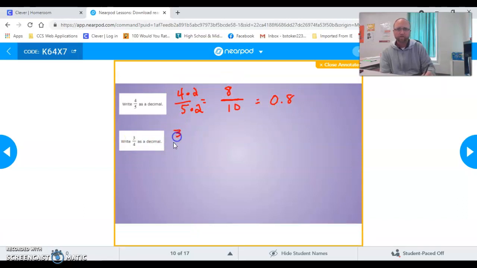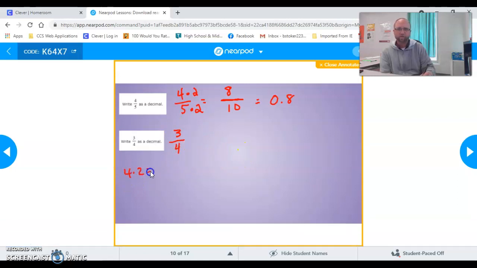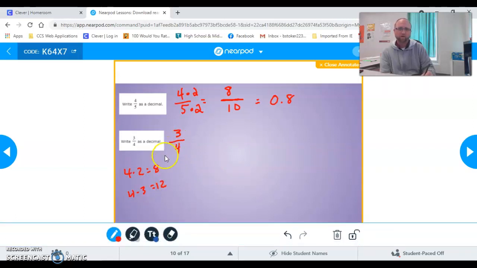Now, 3/4 is a little bit different. Obviously, there's nothing I could multiply 4 by to get 10. 4 times 2 is equal to 8. 4 times 3 is equal to 12. I can't multiply 4 by anything to get 10, but what I could do